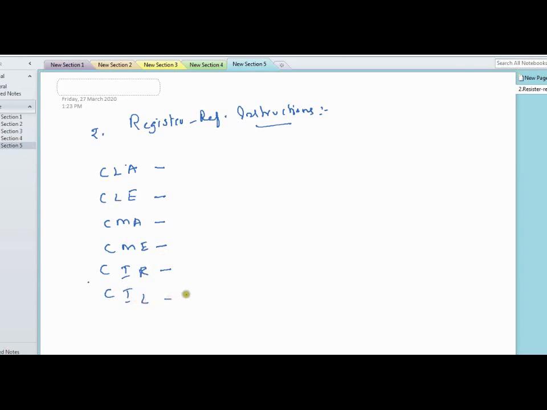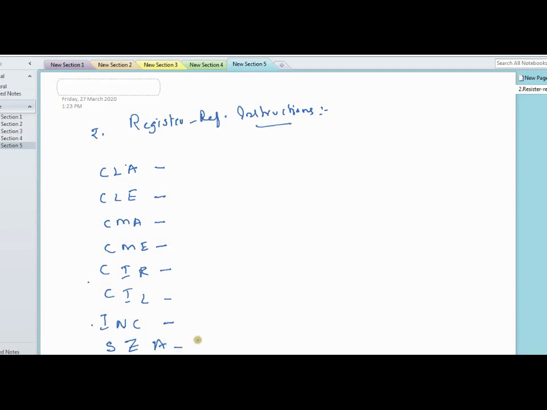CIL is simply a left shift operation involving AC and E. The next operation is INC, which means increment, and SZA, which means skip the next instruction if the accumulator content is 0. So we are listing this much only.